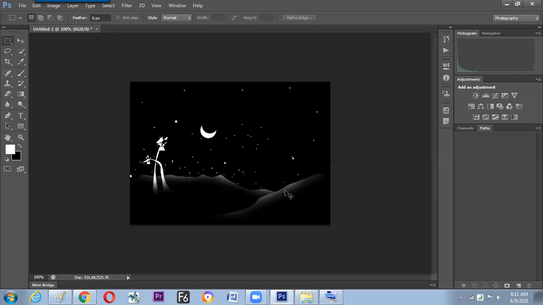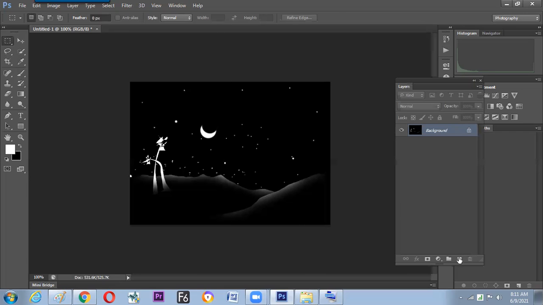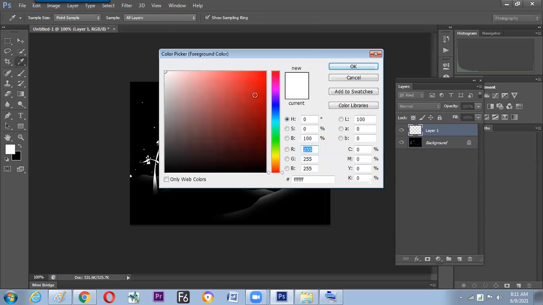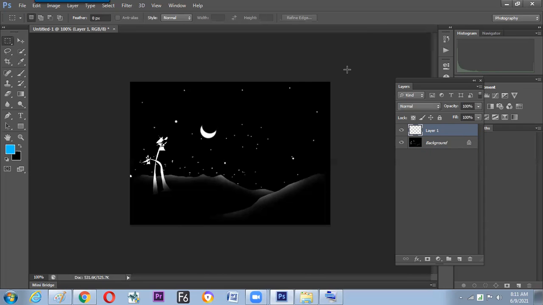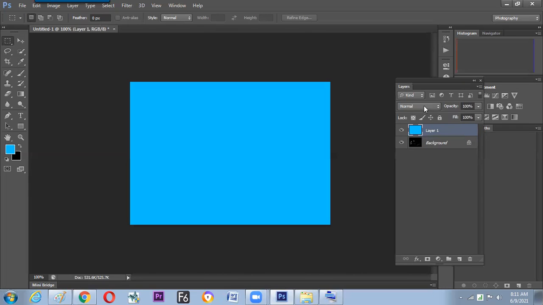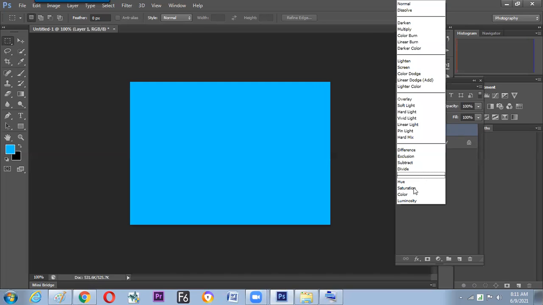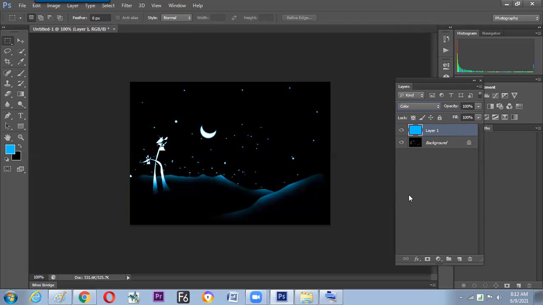And so the task: you can start working on some landscape design with more elements, and get smaller elements and bigger elements to combine together. And the edge, if you need to make it colorful, then yes, you can switch to the layers and get a top layer. Now we know how to create a new layer and fill whichever color we wish. We are just filling the color, and here the layer can turn to color mode. So what you have seen, it starts turning the gray area a little colorful.